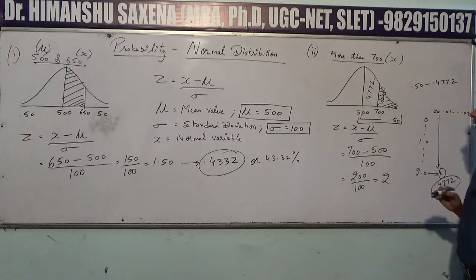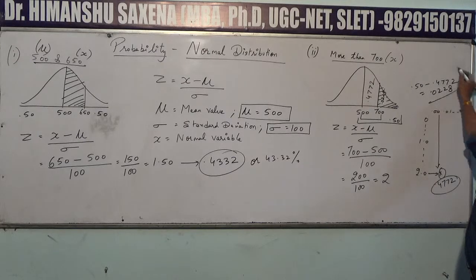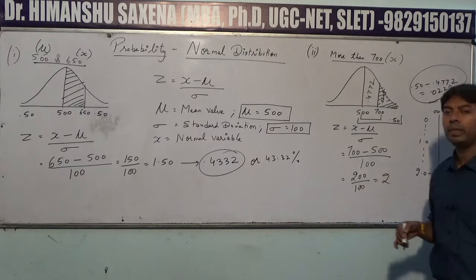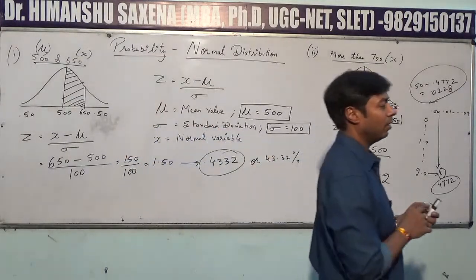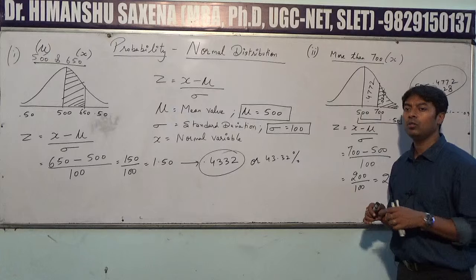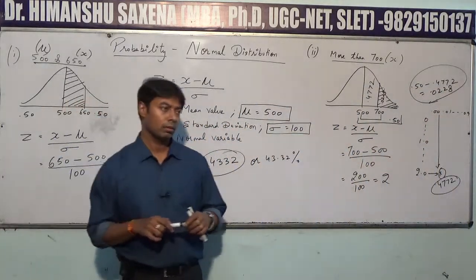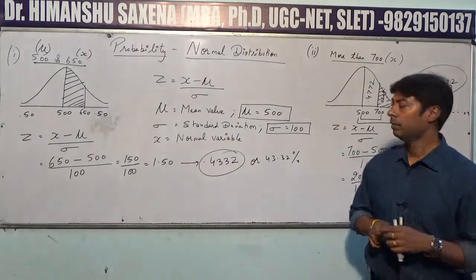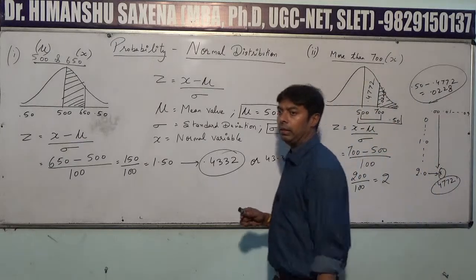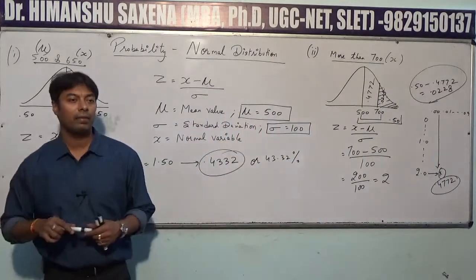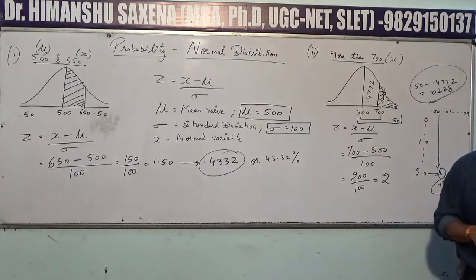0.0228. So that's the final answer. It is equal to 0.0228. Now how will this be represented? Please write down the table value of 2. The table value of 2 is 0.4772. Full stop. Thus we can conclude that